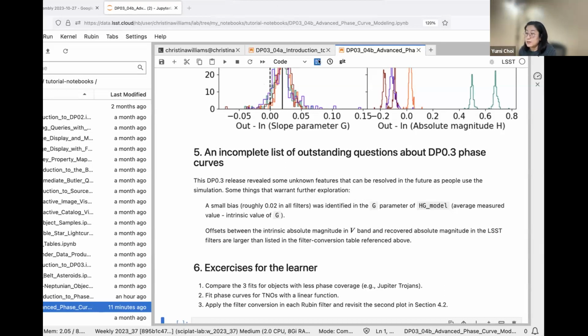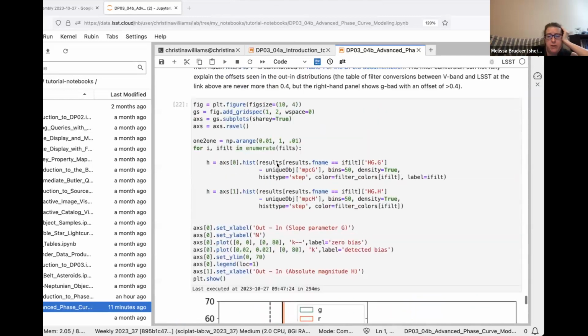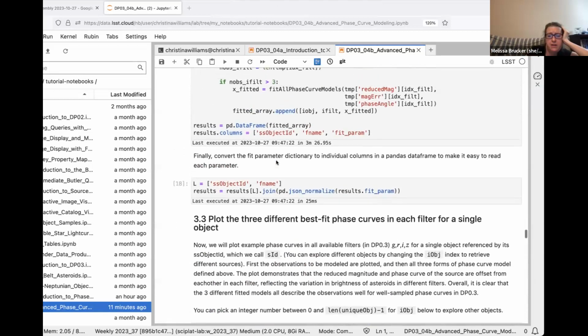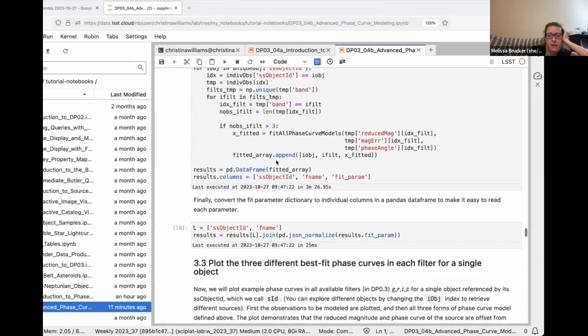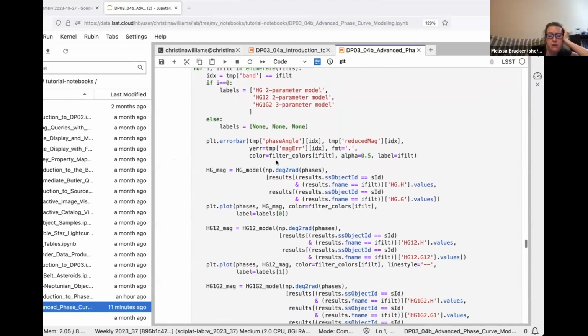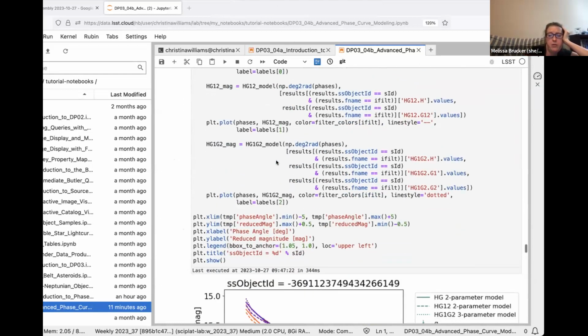I got an error when I ran the step immediately below the paragraph 3.3, plotting 3 different best-fit phase curves. I can paste it in the chat. It says filts was not defined, and because that didn't work, the last step in 4.2 didn't work because the previous one didn't.